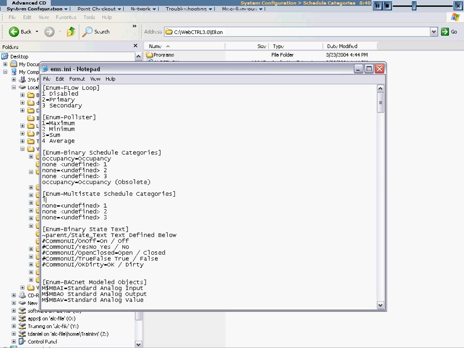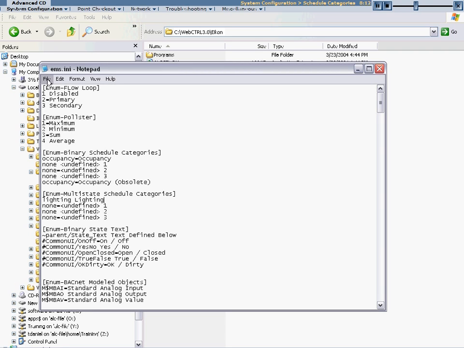Let's enter lighting equals lighting. We have just entered our new category and reference names. We are actually changing the icon for the web control application. All time clock microblocks in subsequent files will include this new category in the schedule category list. Let's save the